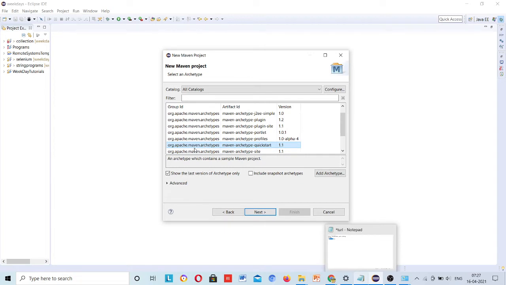In my case it is selected already because I have used it many times, so Eclipse is very smart. So org.apache.maven.archetypes, maven-archetype-quickstart, this you have to select. Double click on it.